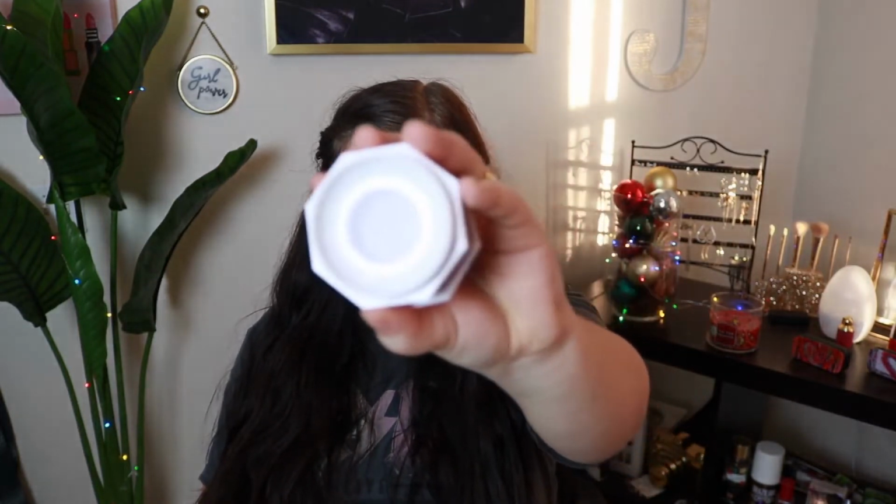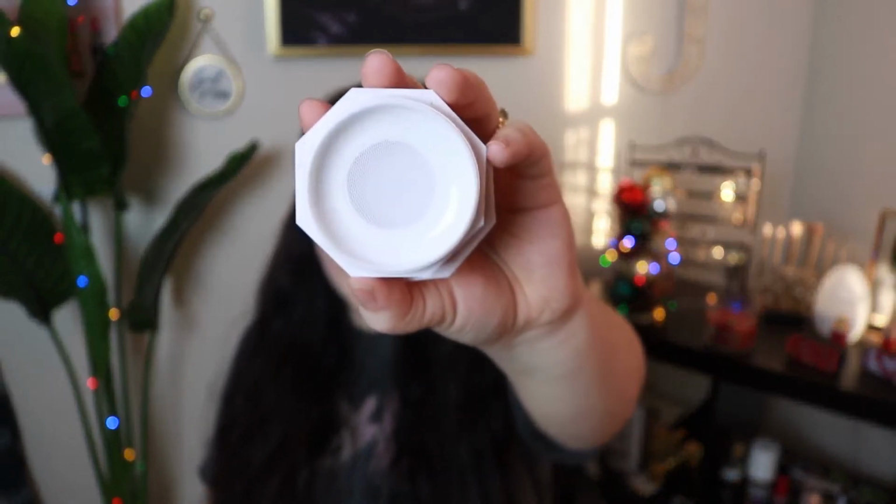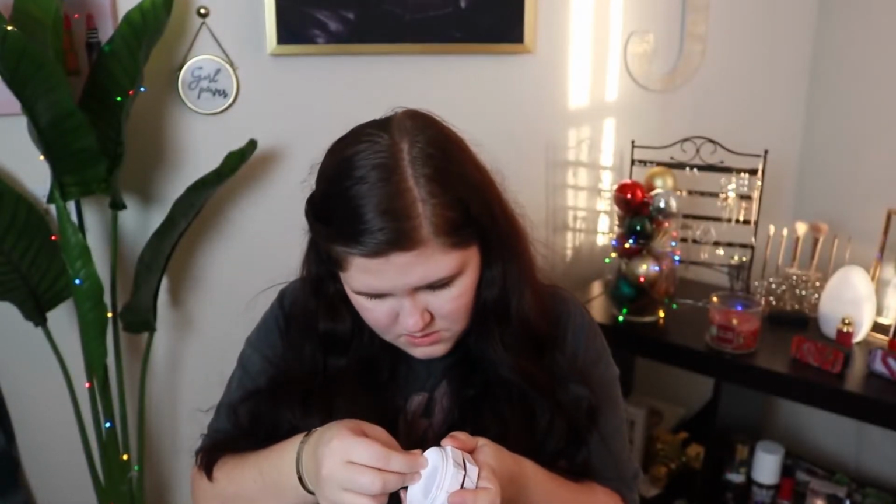So I found these plastic twist top compacts on Amazon. They came in a 2-pack. They're really cute with the white marble and everything, and they're really great quality. So you open it up and you got the netting there, and then it also comes with a little powder puff, and you just pop this piece out, fill up the bottom, pop it back in, and you're good to go, and you've got yourself a little compact that holds the